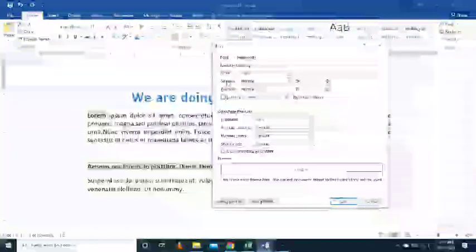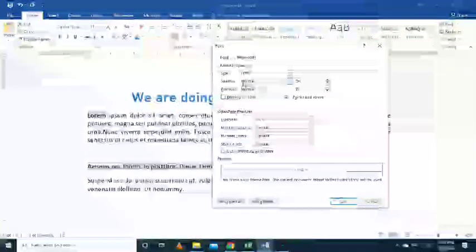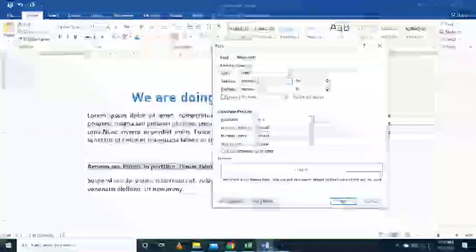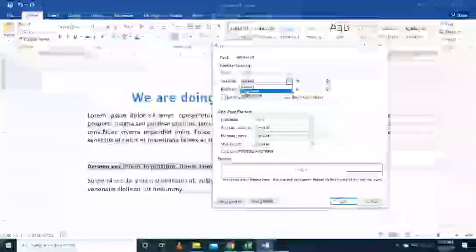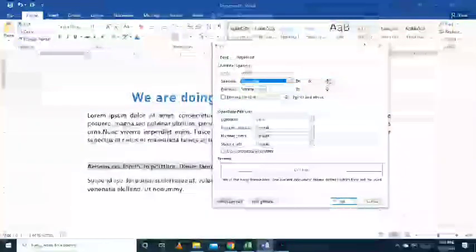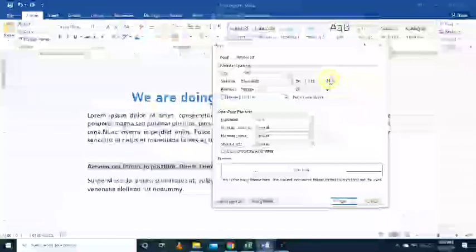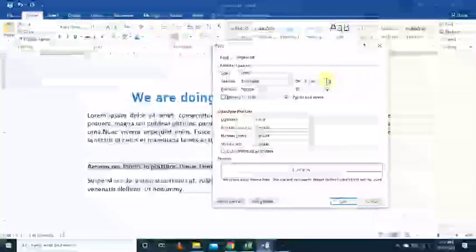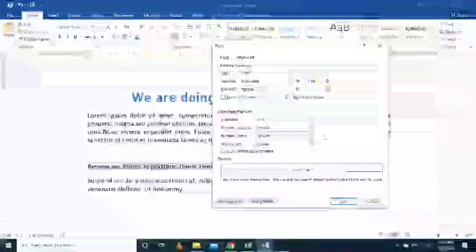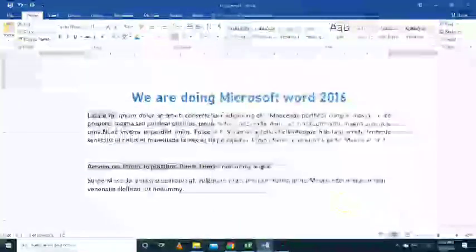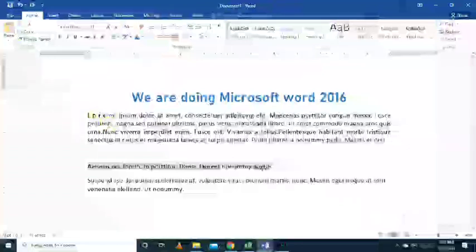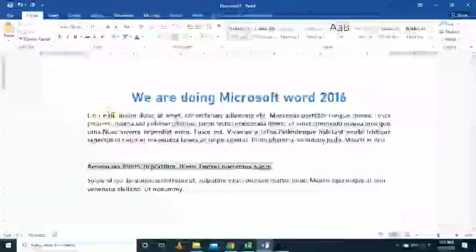Under advanced you will find spacing. Under the spacing, you have to select expand. Then by how many points you want to expand, you can set it from here. You can see in the preview it is expanding, and click OK. See, there's a gap between all the letters.